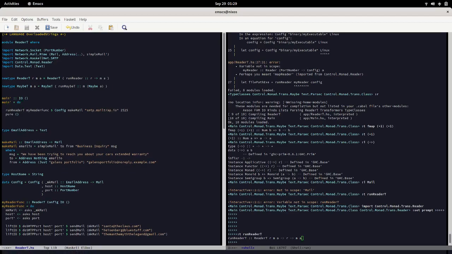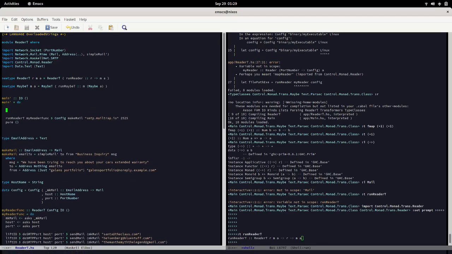And that's not necessarily true. For example, I could do something that says let x equals runReader, Reader just being the non-monad transformer variant of ReaderT. And I say, my reader is some f, which is of the type